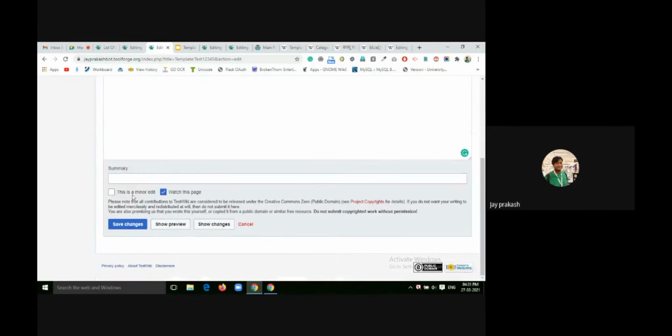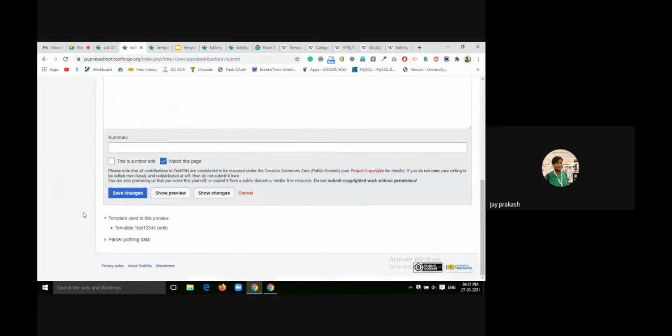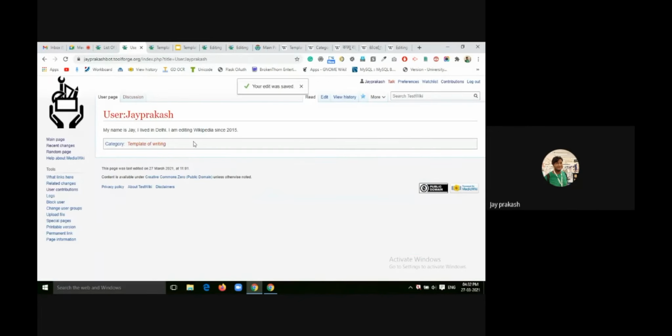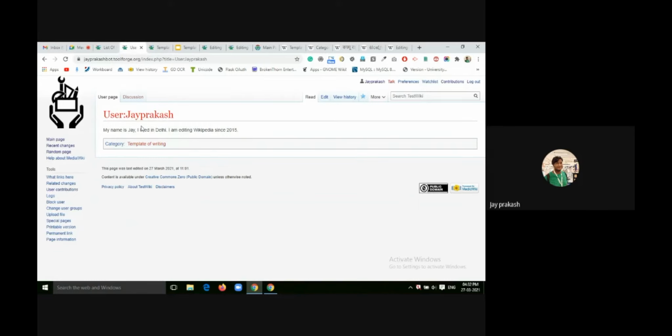So if I save the template, here you can see there is no category here. But if I save the text here, because here I am calling the template, you can see that there is a category template of writing. So anything put into the includeonly will not be seen here, but it will be included in the page where the template is being called.